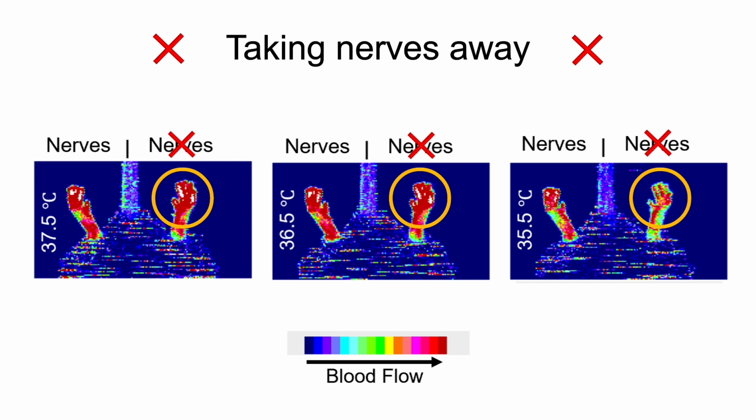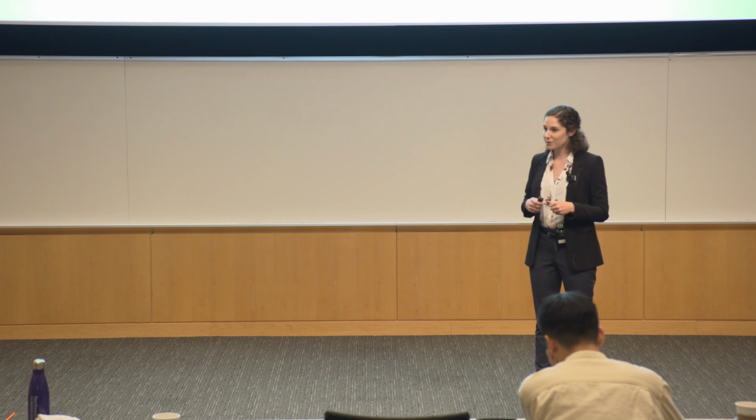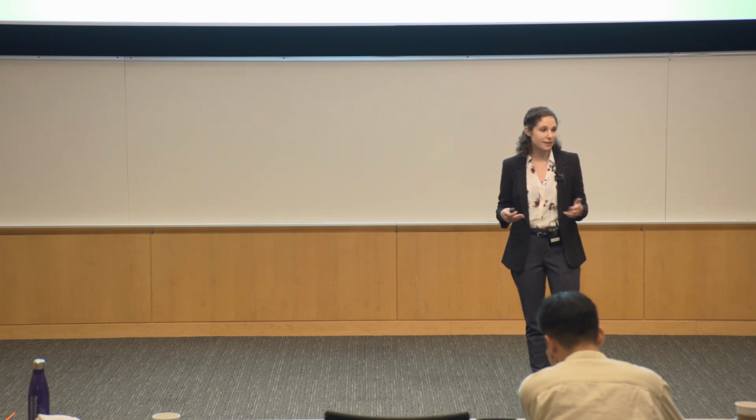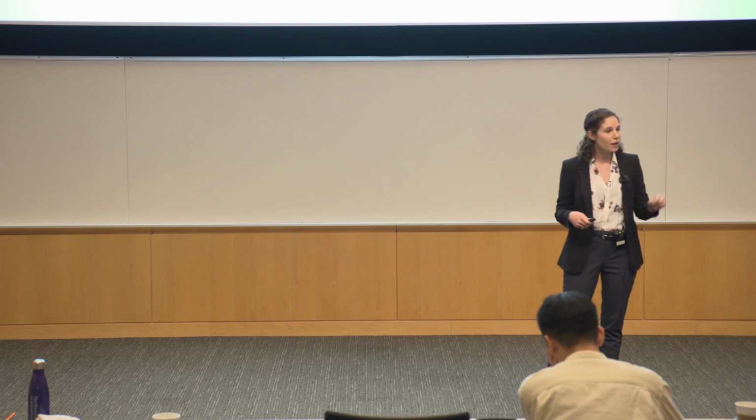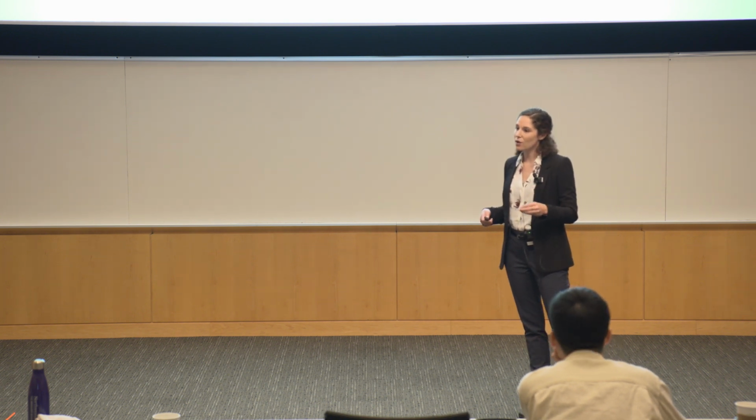Here in these images, you can see areas of the foot of a mouse that have good blood perfusion, as shown by large amounts of red or white coloring, versus those with lower perfusion or lower blood flow in the blues and greens. When I took the nerves away and we cooled a mouse down, and cooling is a way that we can sense how our nerves are working because that's a time that they send signals, we saw that the leg that has a reduction in the nerves also shows a reduction in the blood flow